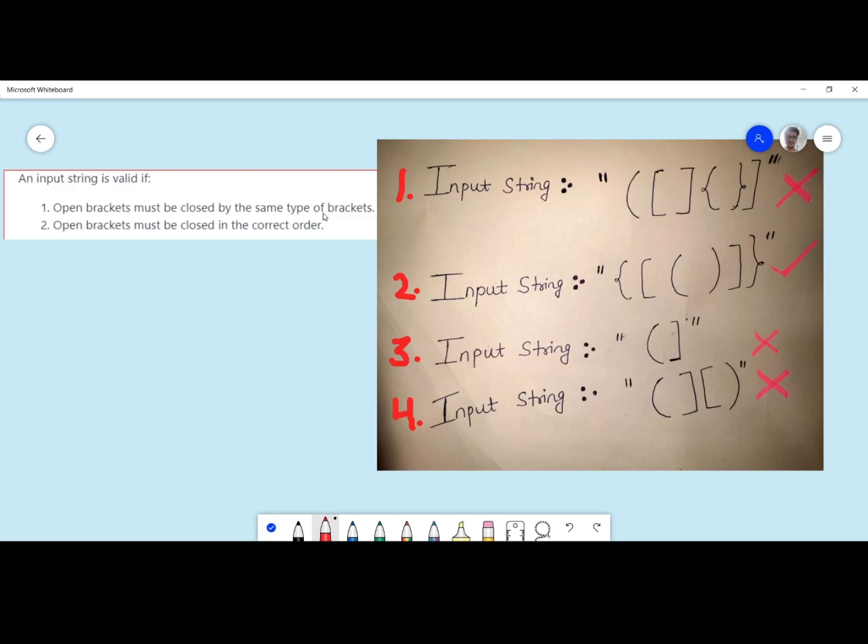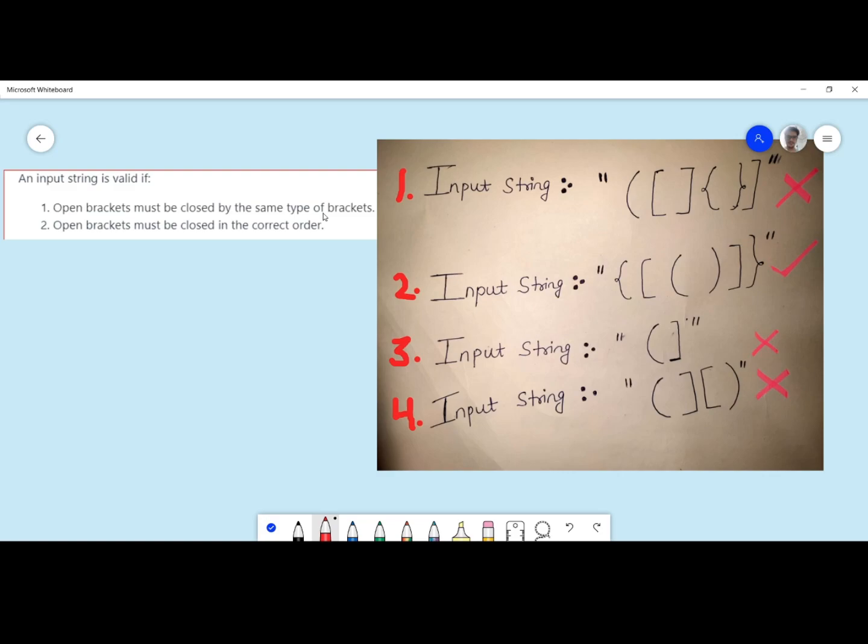When we first see this problem, we think that since there are three types of bracket, round ones, square ones and curly brackets, if we come across any of these open brackets, we increment that bracket count, and if we come across the closing bracket, we decrement that bracket count. Finally, after iterating over the whole string, we check whether all the three bracket counts are 0 or not. If it is 0, then return true, if not, return false.